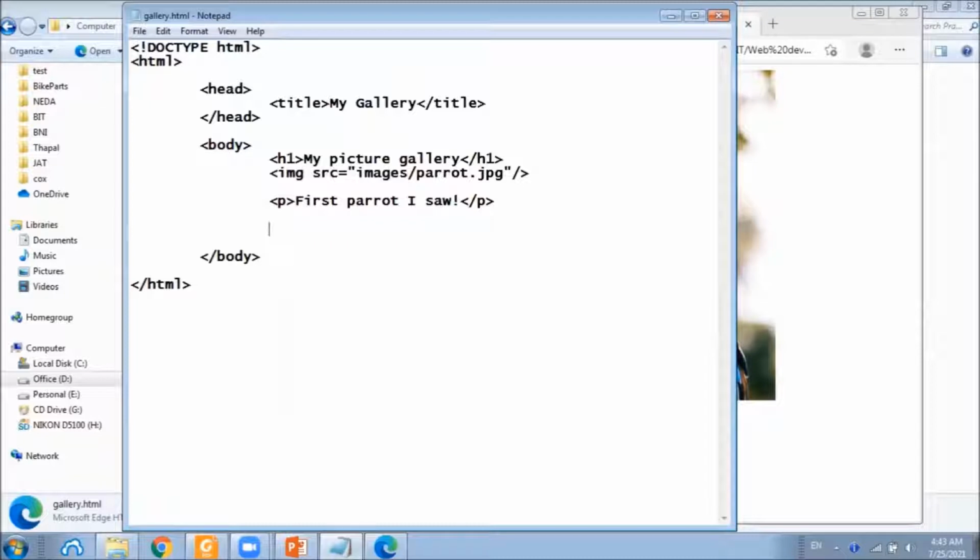Now we can actually include another image. That image is also in the same directory. And we can specify the content of the paragraph.